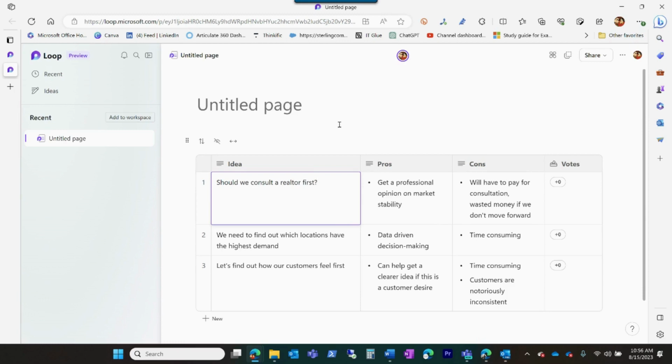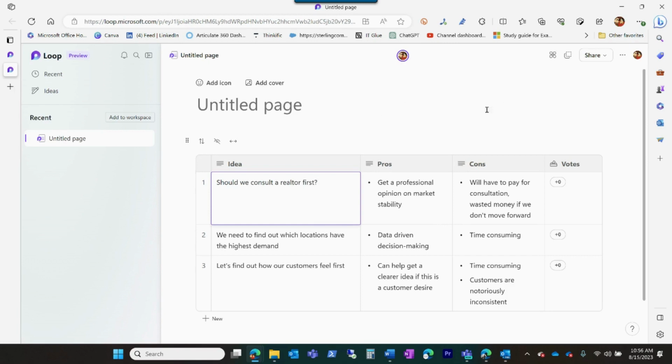It's opened up and we can get in there and type, and you can see that other people can get in there and type also. Shows where I am. If somebody else were doing it at the exact same time, I could see their avatar as well. So Loop is a great way to add that collaborative workspace so that all the users in our organization who need to collaborate on this have that opportunity,